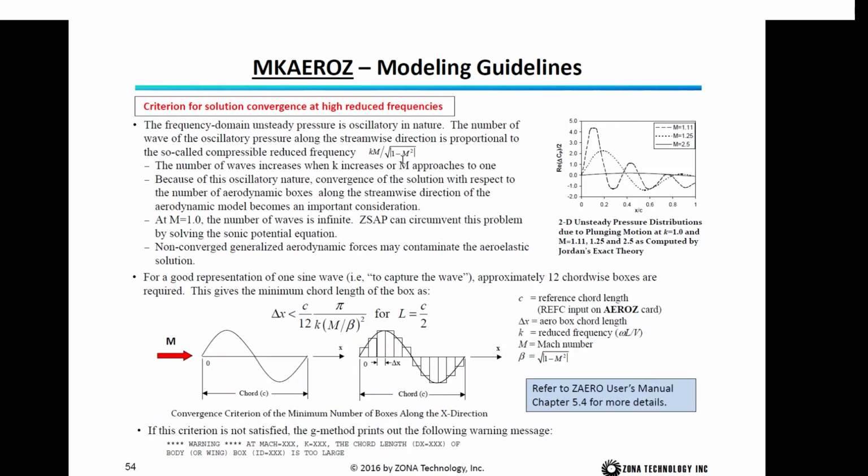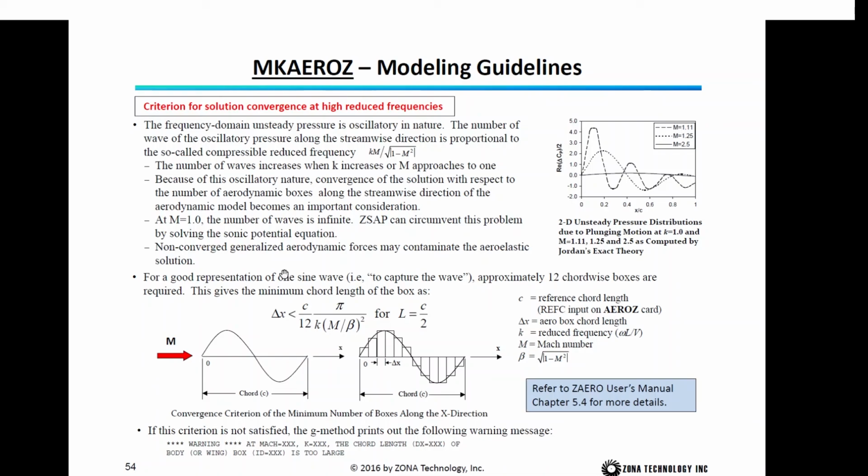So apparently, when the Mach number is close to 1, you have a very large compressible reduced frequency, and the aerodynamic method will have difficulty converging unless you use a very refined panel model. And at Mach equal to 1, the number of waves is infinity. So we can use ZSAP to circumvent this problem by solving the sonic potential equation. Non-converged generalized aerodynamic forces may